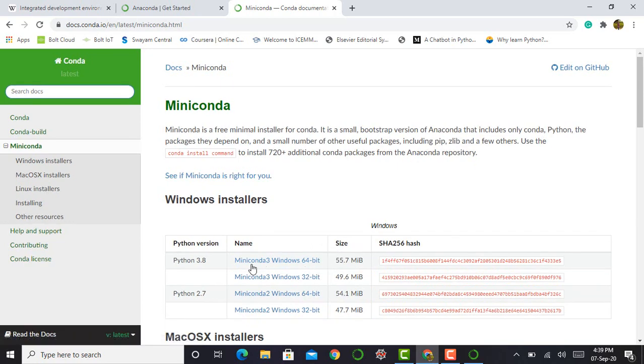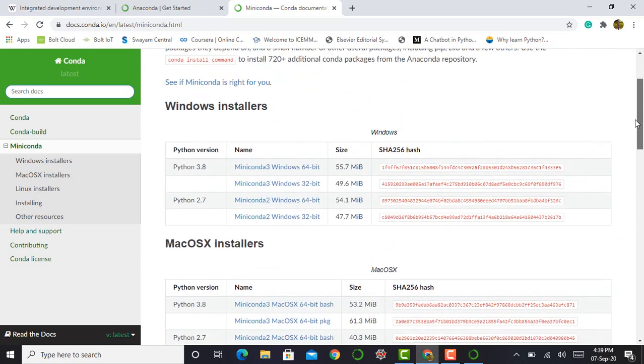Here you can see it only requires around 58 MB from your PC, whereas the Anaconda package requires around 500 MB. So Miniconda is about 10 times smaller than Anaconda, and it also provides the same package, but perhaps it does not provide Visual Studio. I cannot download it because I downloaded the Anaconda package last August when I started my MTech project.